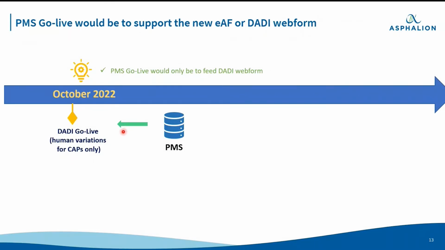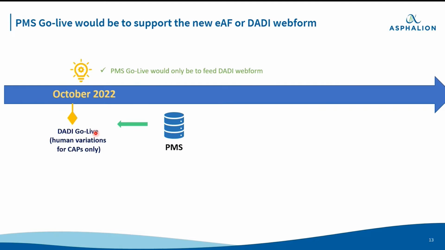And initially, these SPOR or PMS and DADI were two parallel projects, but along the way there have been a lot of changes affecting the scope and the timelines for both. So now PMS will go live at the same time, but only to feed information into the DADI Web Form, meaning that the fields from PMS on authorized products will be visible on the DADI Web Form in order to support